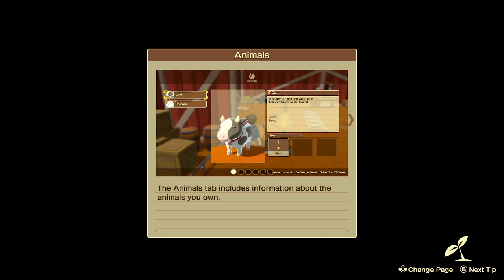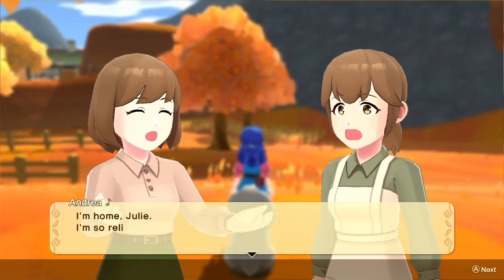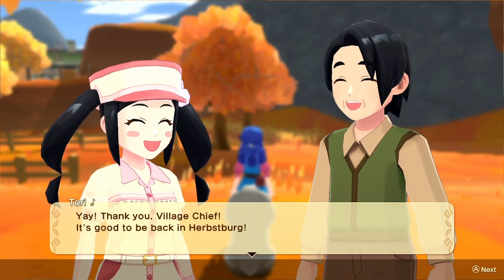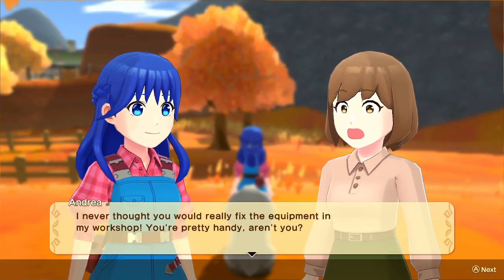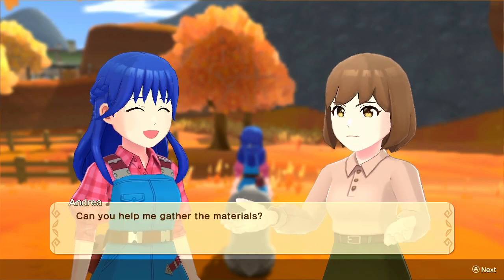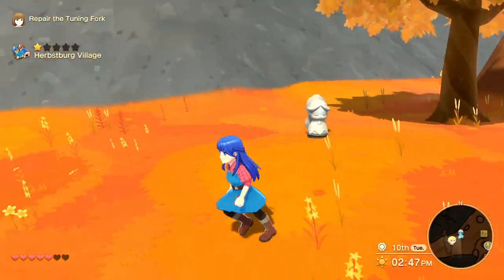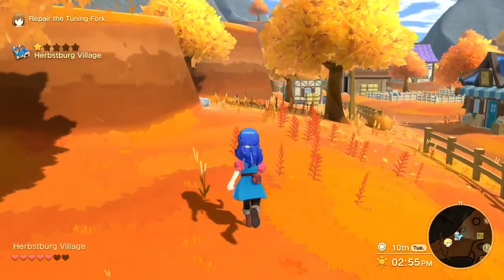We should put in the materials for the equestrian challenge so that we can play that. It happens in summertime. So there's the 2 Damascus steel that we need. We only need 2 silver, and we've got the board lumber, so we might as well finish that up. And, well, I guess we can